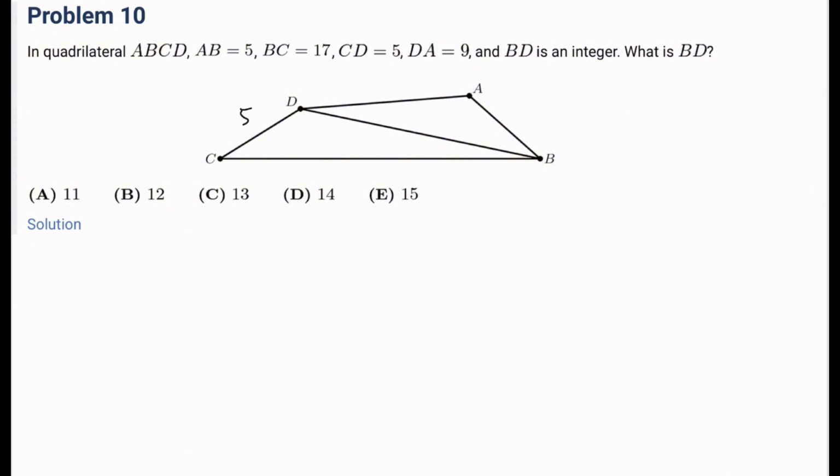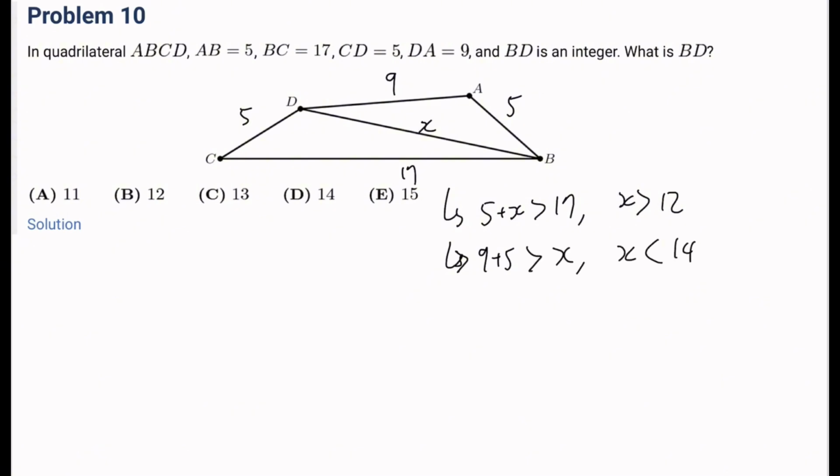Okay, so we have this is 5, 9, 5, and 17, right? And so if we call BD X, then this is a triangle, so by the triangle inequality, 17 is the longest side, so 5 plus X is greater than 17, that means X is greater than 12, right? And then for this triangle, that also gives us 9 plus 5 is greater than X, so X is less than 14, right? And since X is between 12 and 14, that means X is equal to 13, so 13 is our answer,